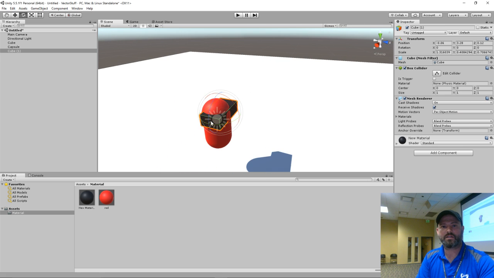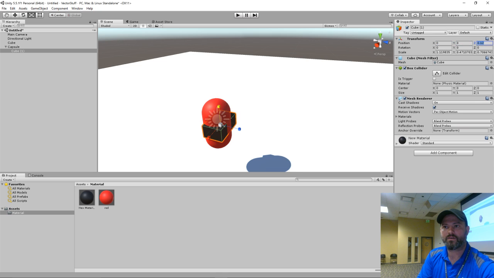Those sunglasses are a little big. All right, so these, if I parent them now, good.